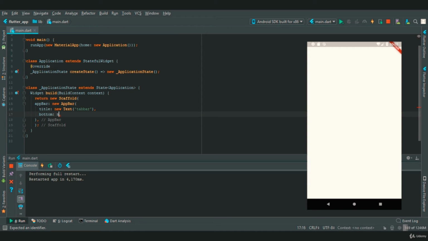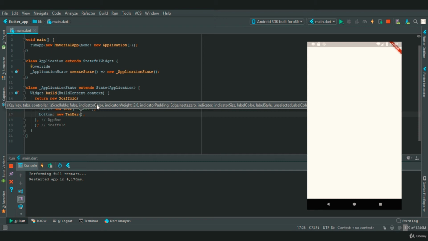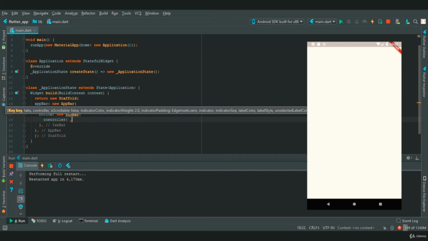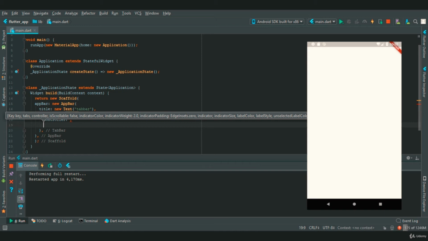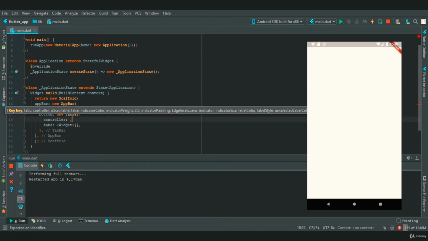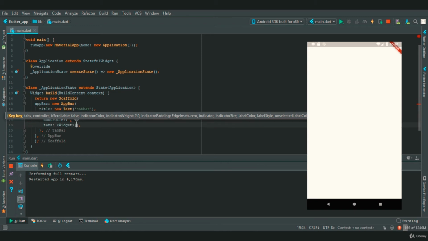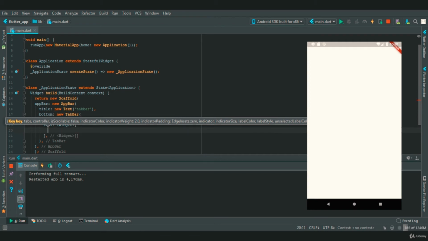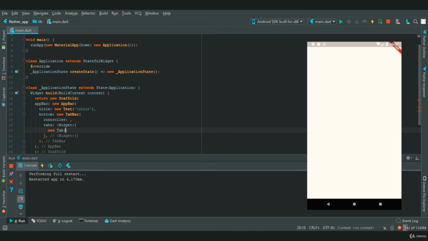So we'll say in this we are going to say new tab bar, and in this we are going to provide two properties, which is controller, and the second property is tabs. Now in controller we are going to provide a tab controller, and in tabs we are going to provide multiple tabs. So we'll say new tab, and in this we are going to provide an icon. So we'll say icon property, new icon widget, icons dot. Let's provide a home icon,